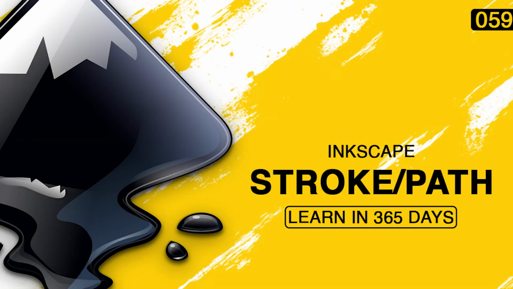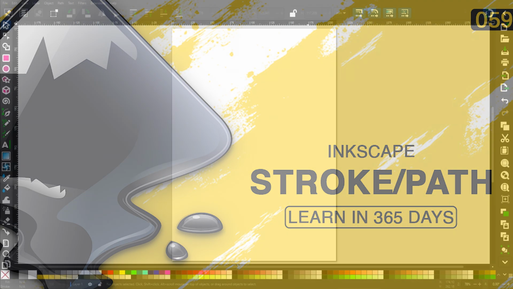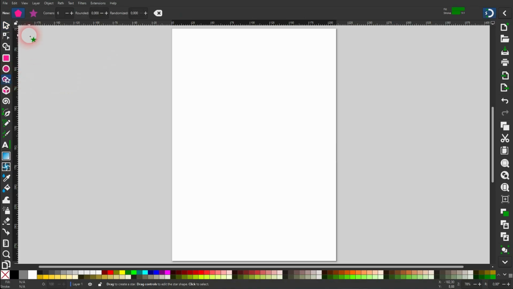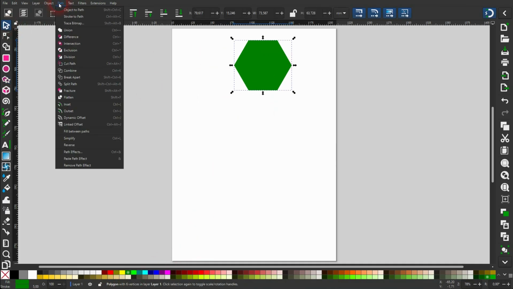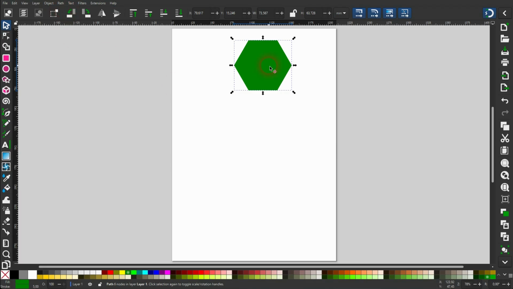And we're back to learning Inkscape in here, day 59. Let me explain the stroke to path function to you. It's a good idea to watch the object to path video that I've made before this, because it works somewhat the same way. You can go to path and use object to path, but just to give you a quick reminder, for example, we can use a polygon, go to path, then object to path, and if we use the